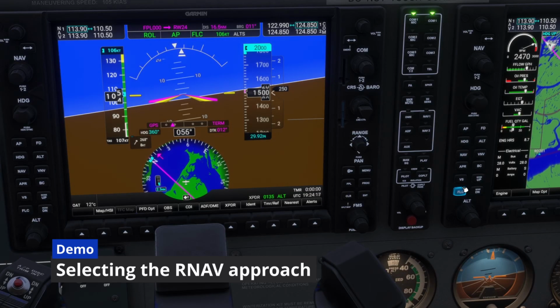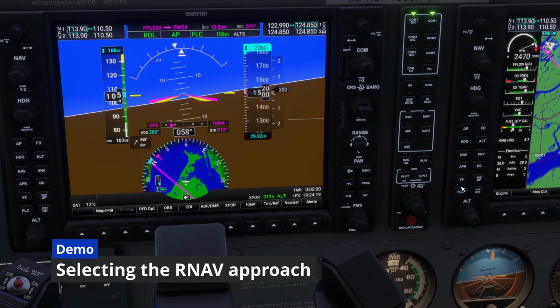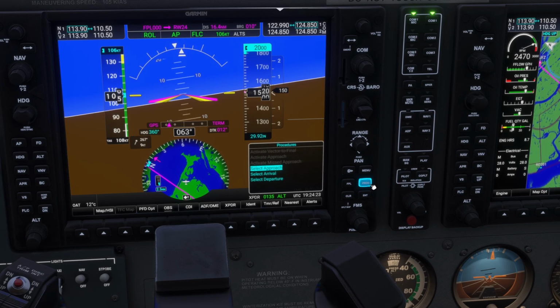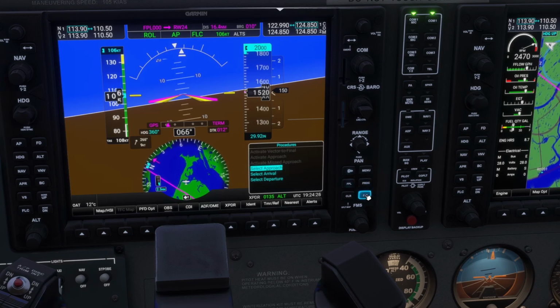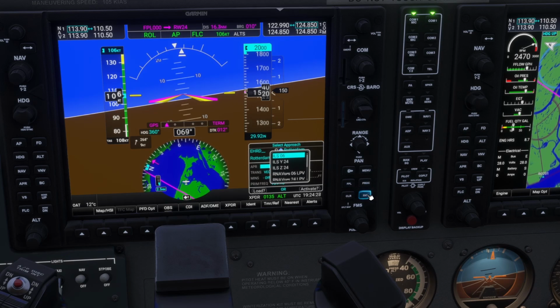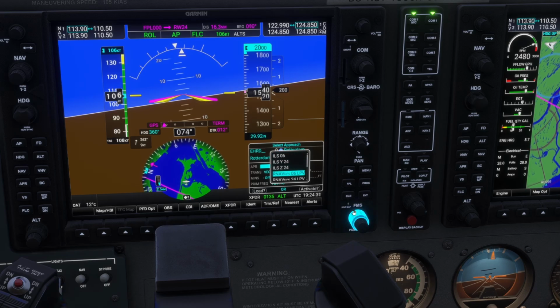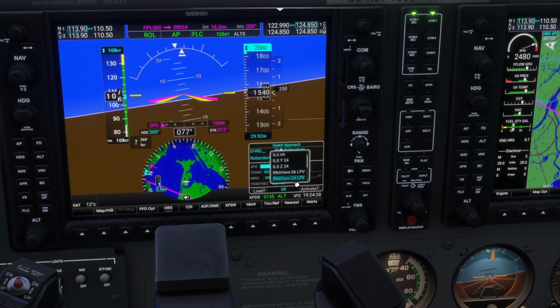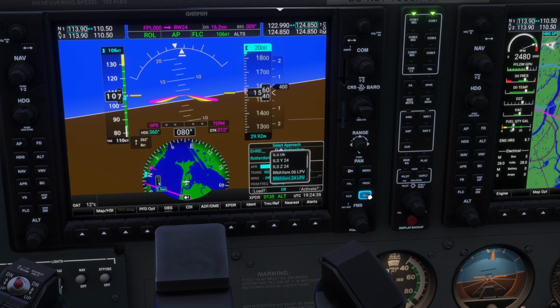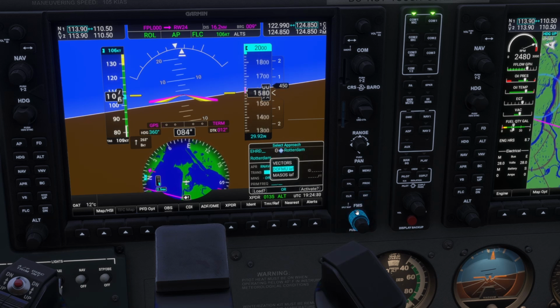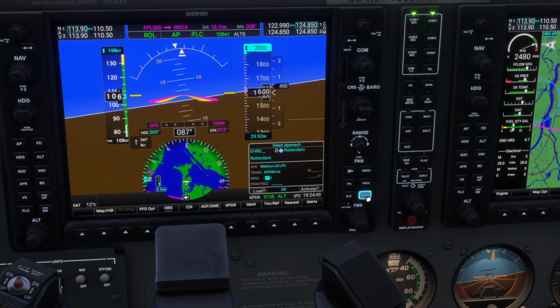So we're inside the aircraft, so let's see how we can program the approach. We're going to do that by pressing the PROC button, then selecting the approach by hitting enter, and then we're going to view if we can find the RNAV. In this case, RNAV GPS 24 LPV, that's the one we need. We're going to press enter, then look for DOVMU, which is the IAF, and then we're going